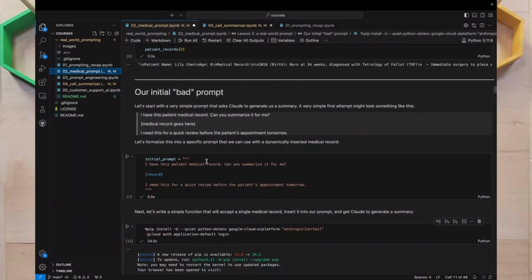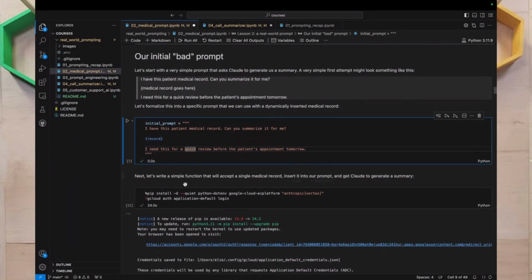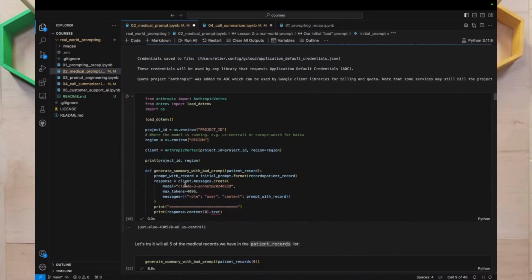We're going to start with prompts that are not great. Again, I have this record. Can you summarize it for me? I need this quickly. Again, you might just find yourself writing prompts like this, and you might not get the responses that you want. To give you a little bit of an idea of how this works with Vertex,